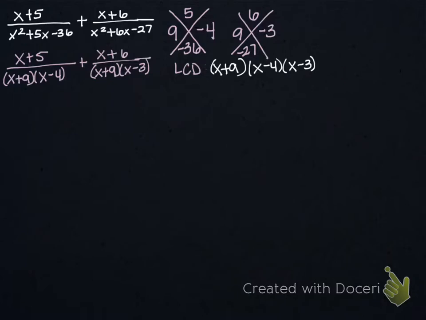So going back over to our problem, I can see here I'm missing x minus 3. And here I'm missing x minus 4. So I need to build up each fraction so that it has the missing piece included. So for this fraction, I need to multiply the top and the bottom by the missing piece, x minus 3. So that gives me x plus 5